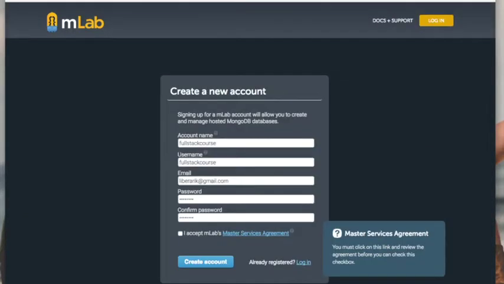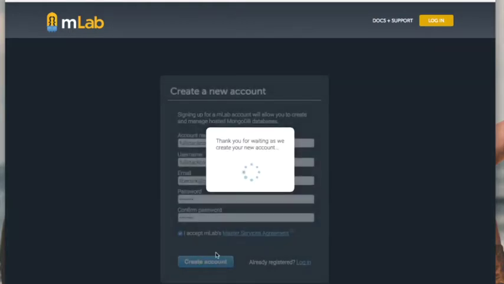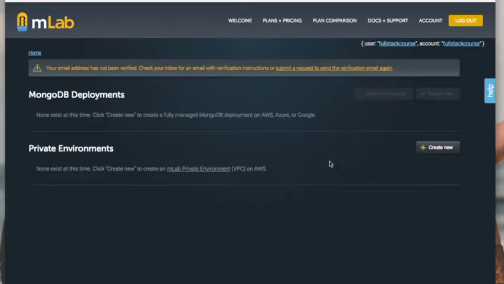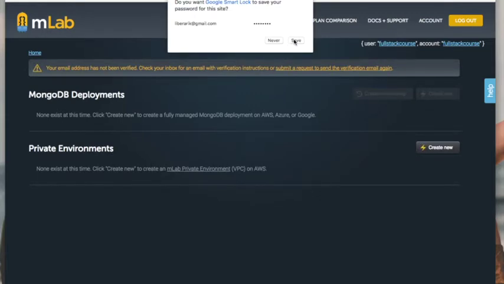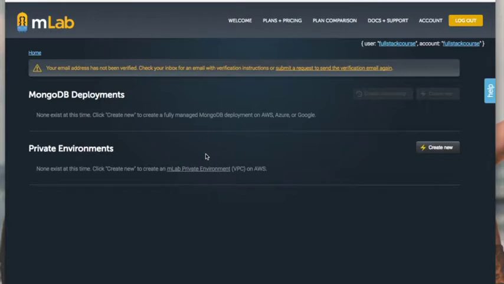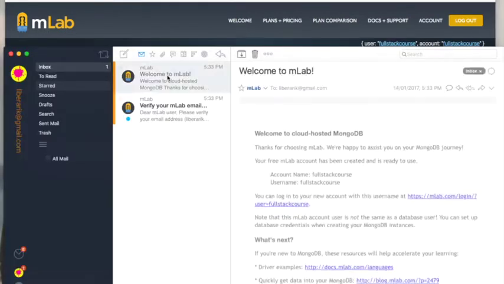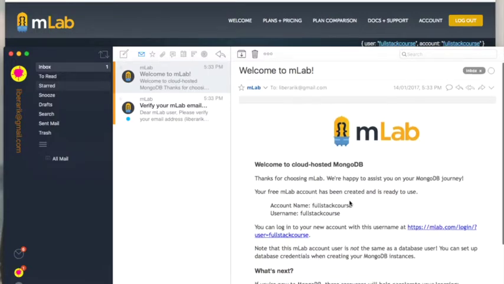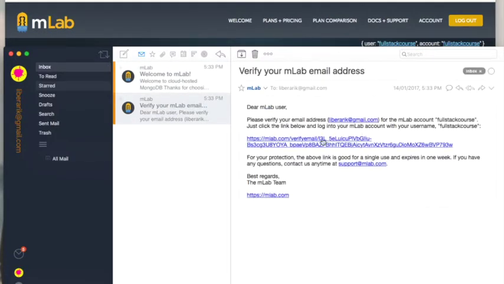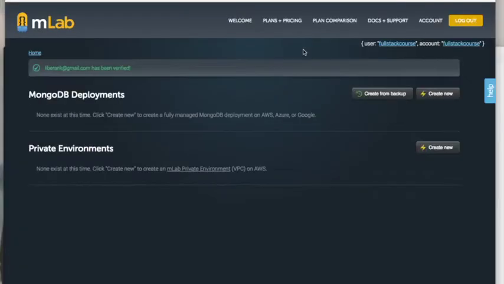They asked me to read the terms, so of course go ahead and read those, right? Great. Okay, fantastic. So I'm now inside my MLab account, and in order to continue I have to confirm. So I'll go into my email and verify my account. Great. Now since my account is verified, I can go ahead and create a new MongoDB